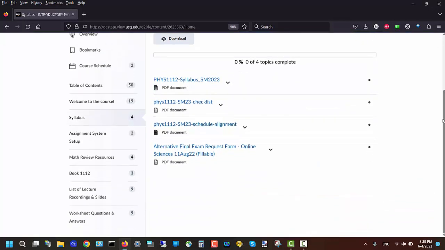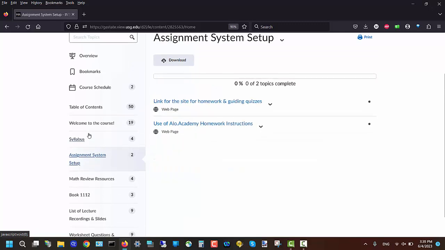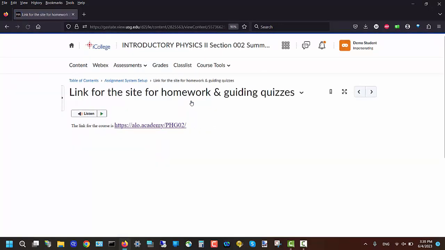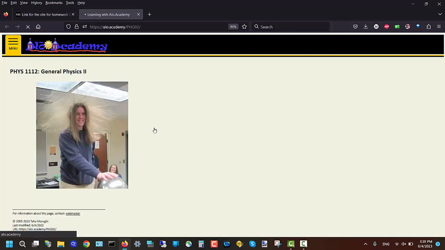For both the guiding quizzes and the homework, you need to complete them with an outside assignment system. So if you click here, it's going to provide us with a link to the assignment system. If you don't bookmark it, you can find the link there to go back to it anytime you want.